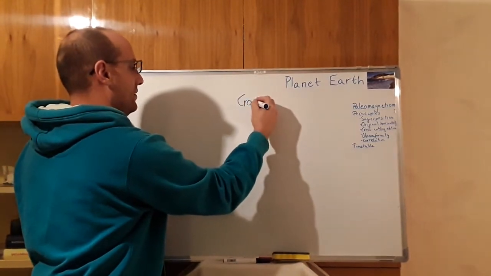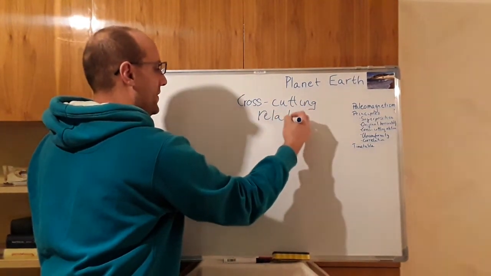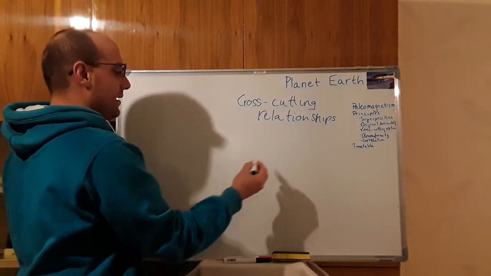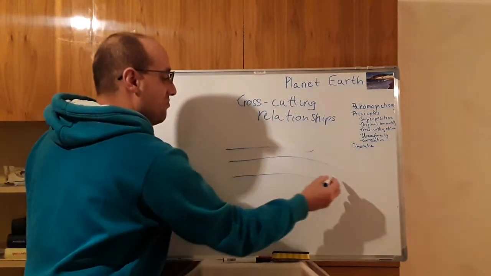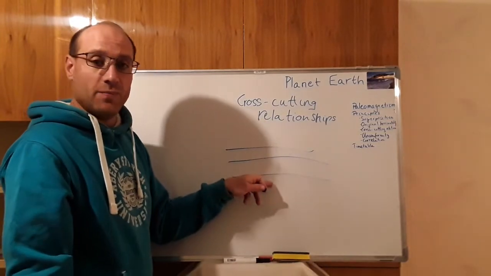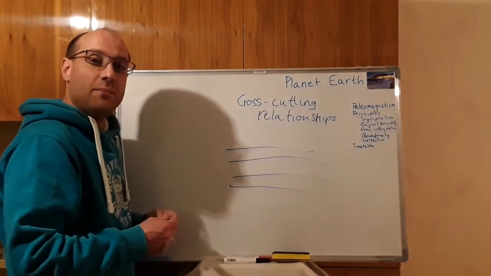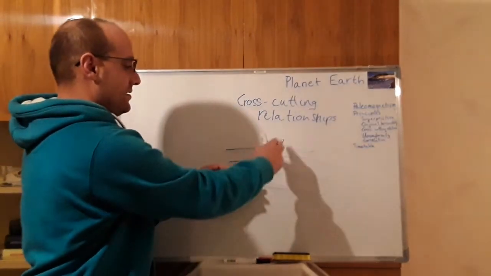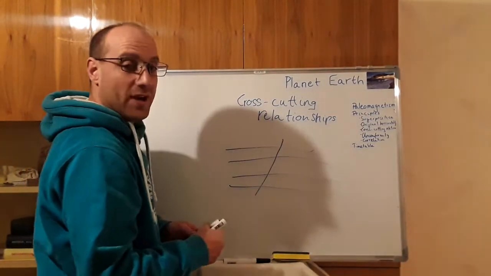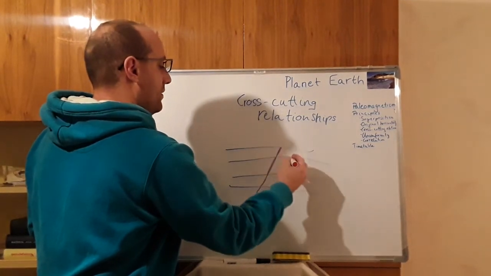Cross-cutting. Cross-cutting relationships. It means originally we have some kind of layers. They, we might say, are horizontal. We might say that the earlier layers are found on the bottom or deep down below. And what we can, by time, identify is that maybe there was a crack over here. So these rocks broke apart, and by time, some other material like magma filled in